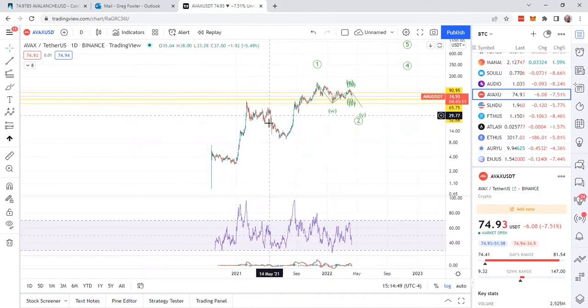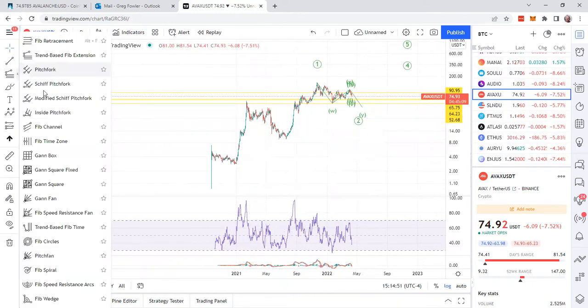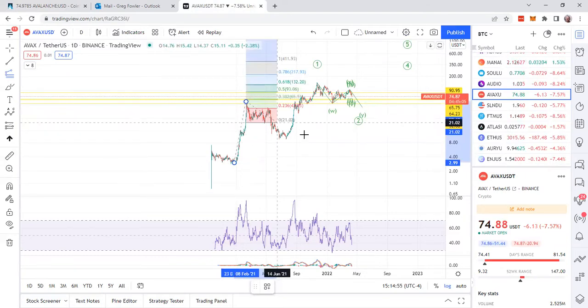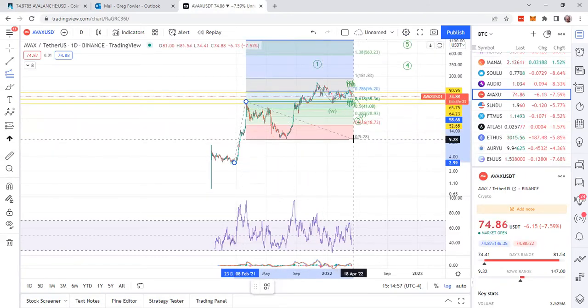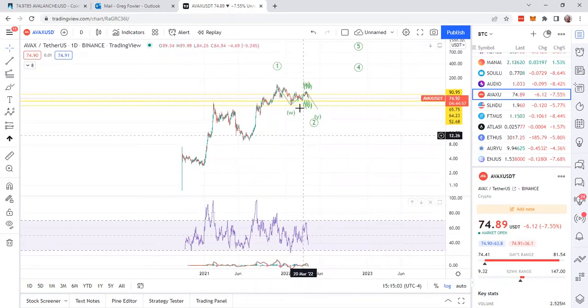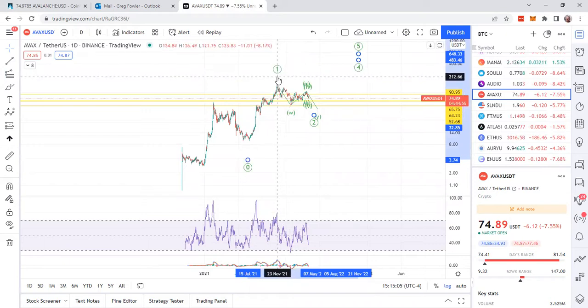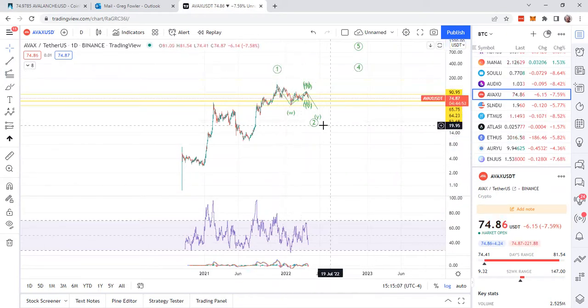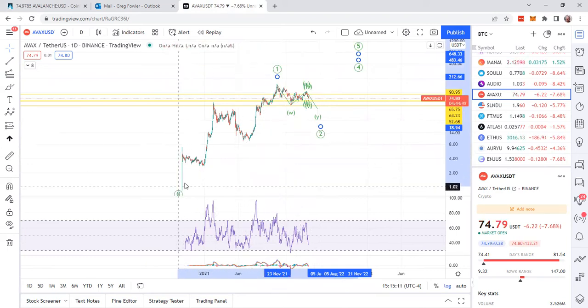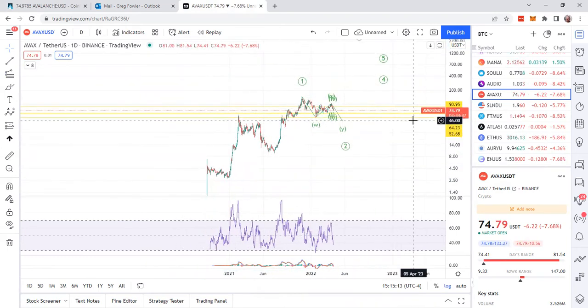And then this correction is pretty weird compared to that one. Let me check this. Above 0.786. So yeah, that's good. So yeah, this is wave 1. AVAX has done wave 1 and it's working on wave 2 and a wave 0. That's what I would say the deal is with AVAX.